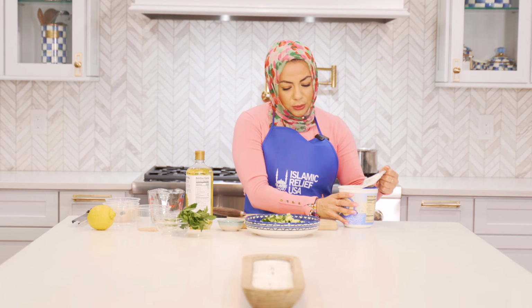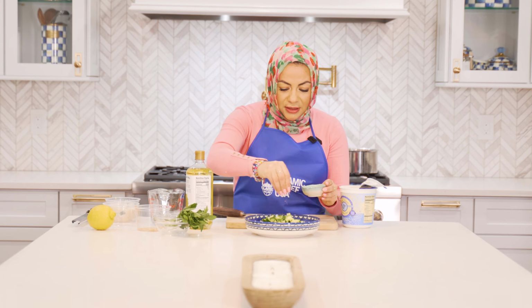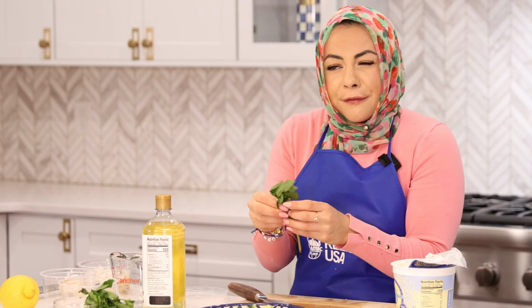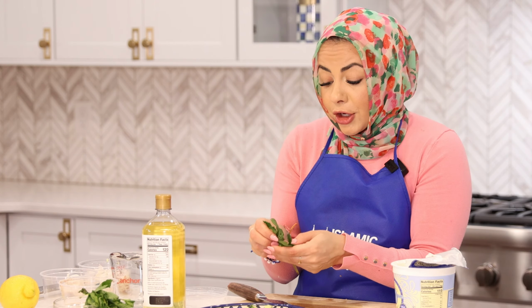Oh, we need a spoon. All right, we're gonna season these cucumbers. Just have some fresh salt and some fresh mint. If you don't have any fresh mint, you can definitely use dried mint. Just use less. Dried herbs are definitely